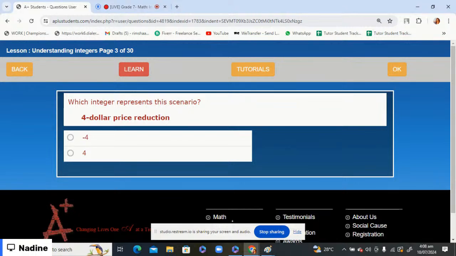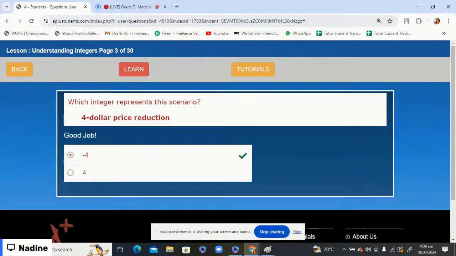All right, $4 price reduction, it means that something is reduced, something is less, so we are going to put the negative sign with it. Okay,